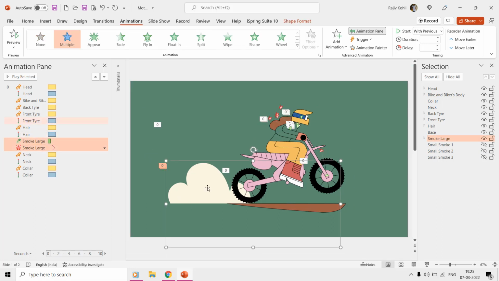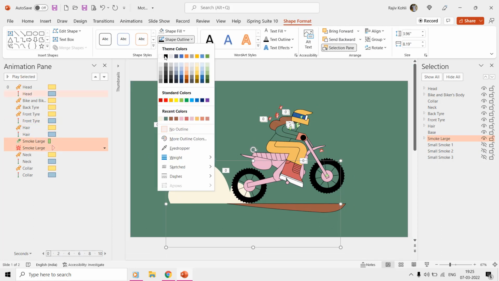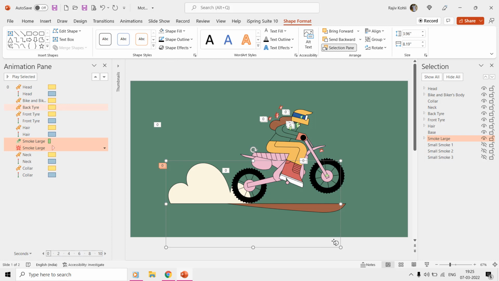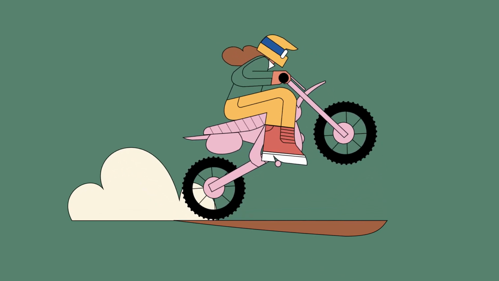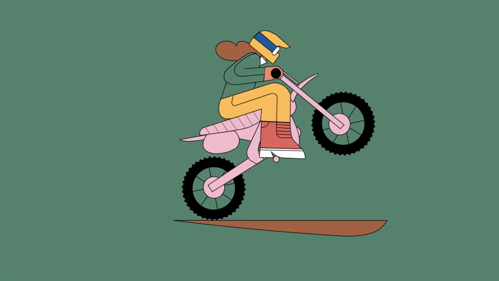Then comes the large smoke, on which we applied the basic zoom effect, and a custom anchor point has also been defined for this layer. Without the grouped oval shape, it will zoom in something like that, while with the oval shape it will zoom right from the point that we need.